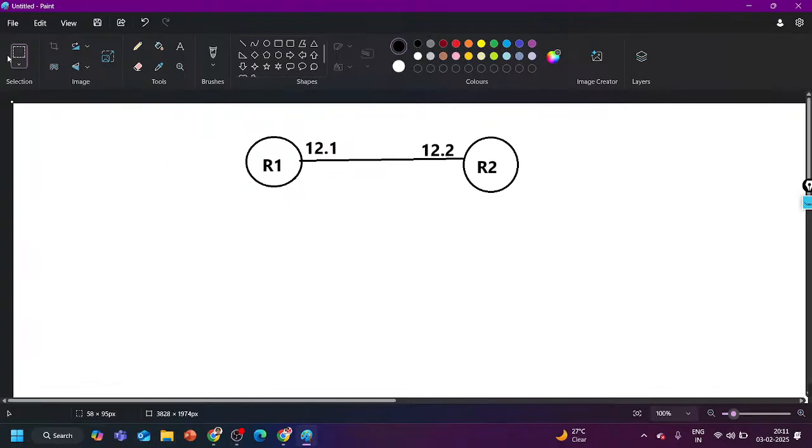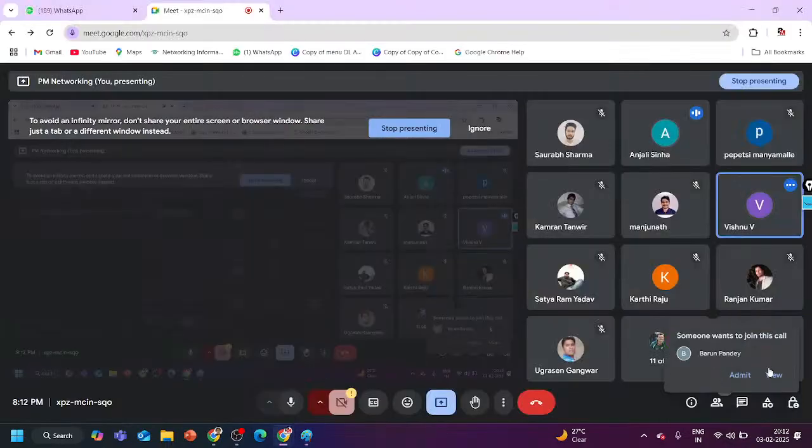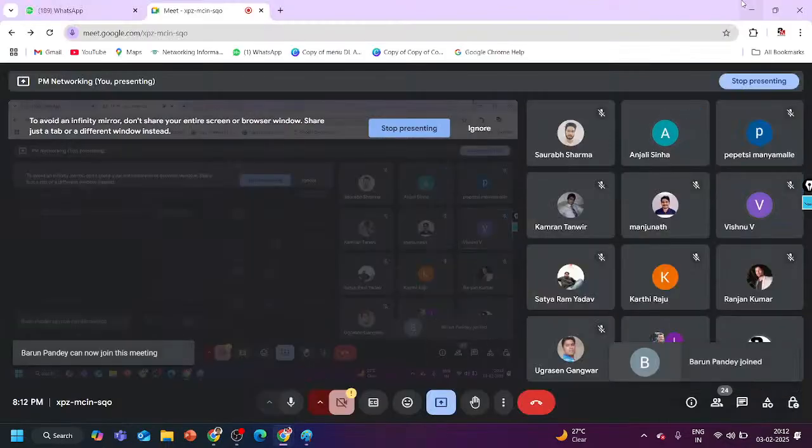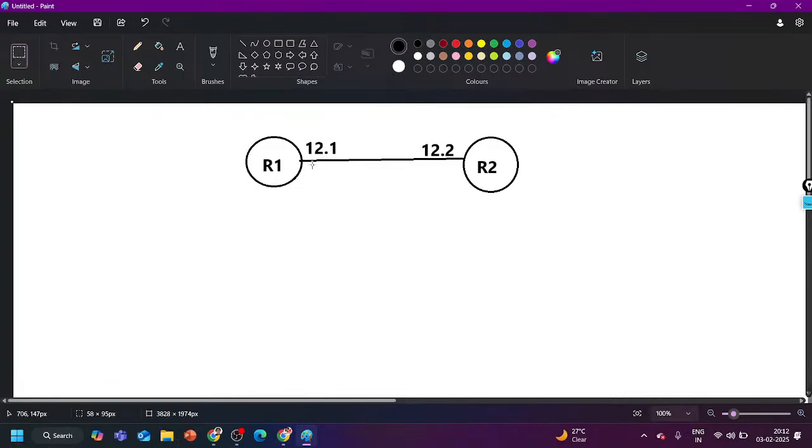So here let's say I have enabled BGP on both router 1 and router 2. I said neighbor 12.1.1.2 on router number 1 and neighbor 12.1.1.1 on router number 2. So what will be the first message? Synchronization message. Always keep in mind this point: not the open message of BGP. The first message is going to be the SYN message,